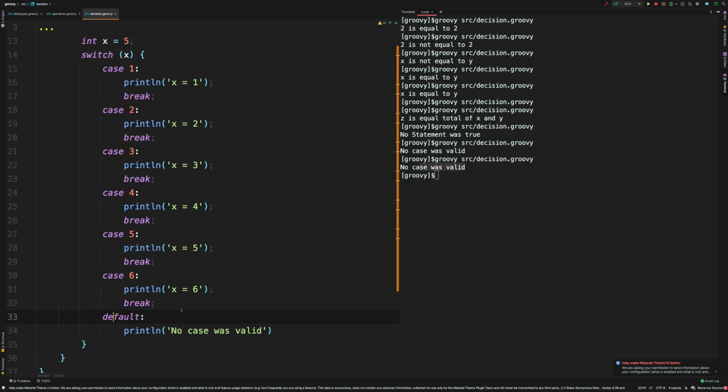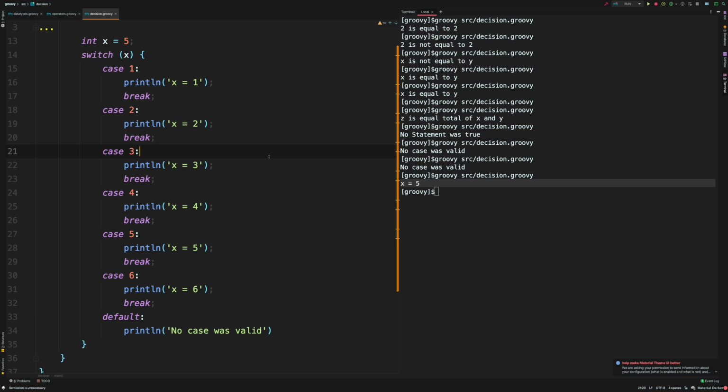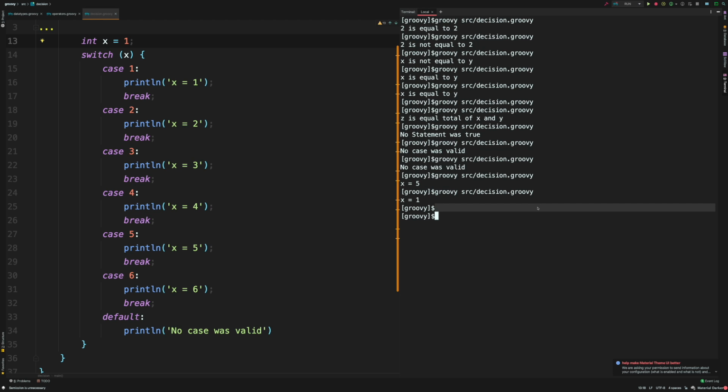It's pretty common. So I'm gonna save the file and I'm gonna run the code. And here it should say x is equal to 5, which is basically true. So if I change this x value to 1, and then if I just run the code, it will say x equal to 1.